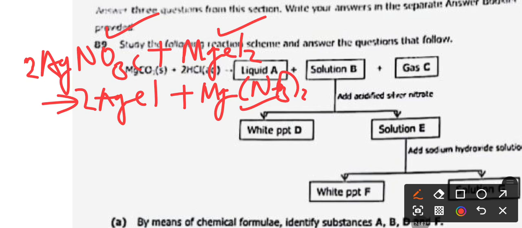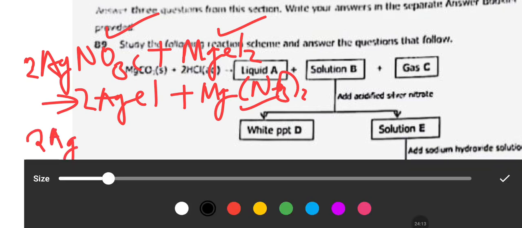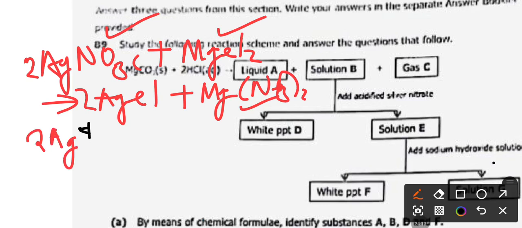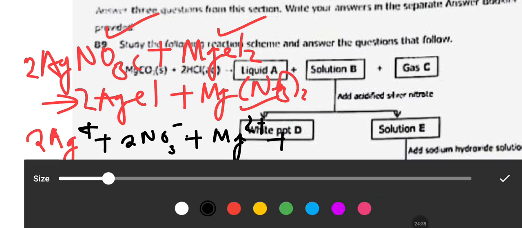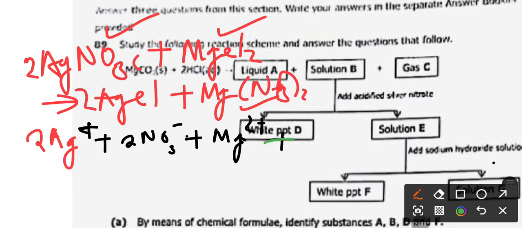Okay, so they will split. All right, so we have 2Ag+ plus 2NO3- here, plus Mg2+, plus 2Cl- like this, equal to